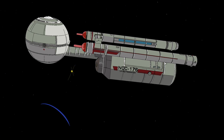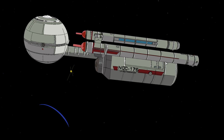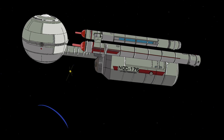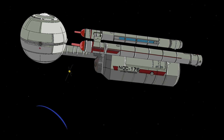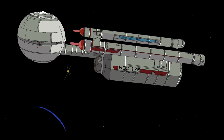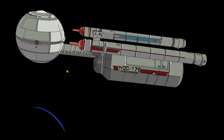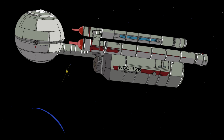We also see a model which in side canon sources is listed as the Daedalus Class, this being a model that we can see in Benjamin Sisko's office aboard Deep Space Nine. Some will claim that the model in Sisko's office does not actually represent the Daedalus class, or else that the ship does exist, but that the model was made by a young Sisko and is thus not very accurate to the real ship. Many will also claim that the design does not mesh well with later canon ships of the pre-original series period. Regardless of these arguments, we're going to assume that the Daedalus class looked like Sisko's model,